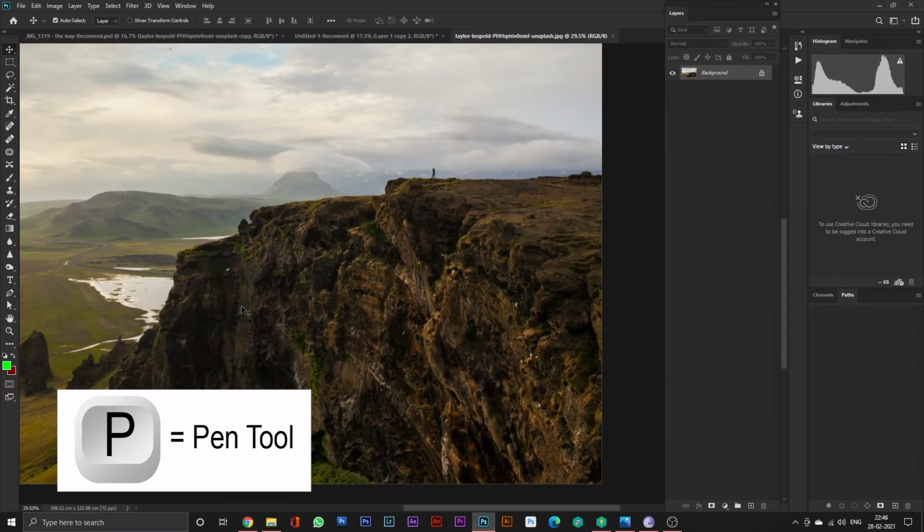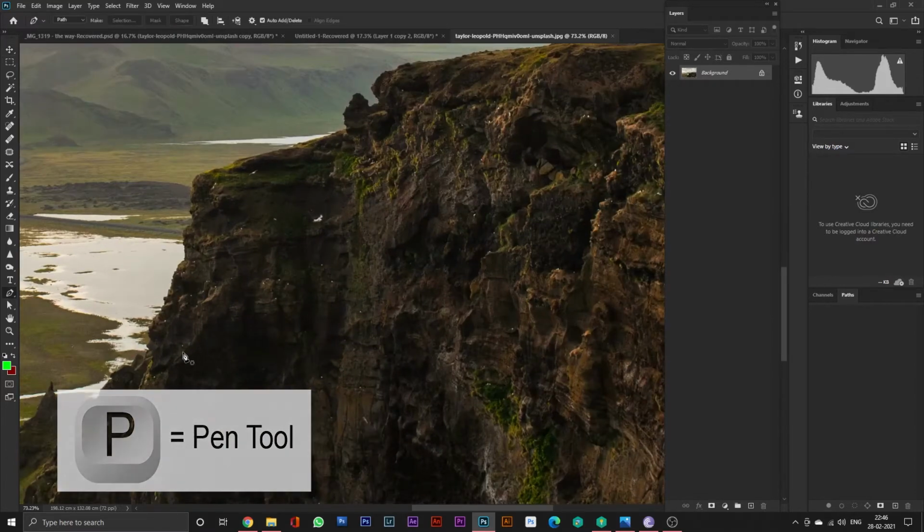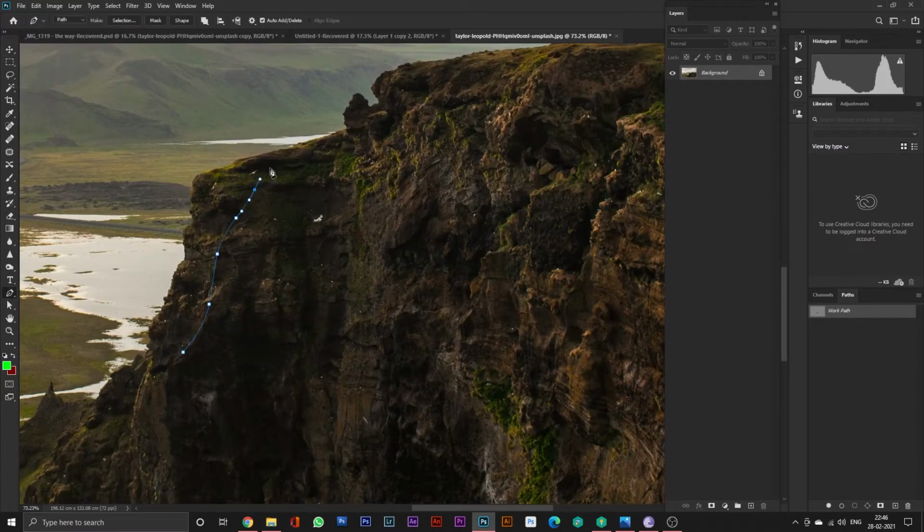Then I took a small rock from Unsplash and cut it a bit.